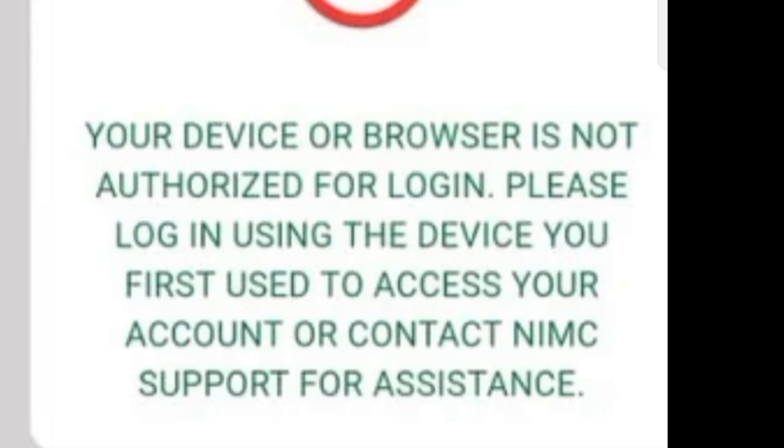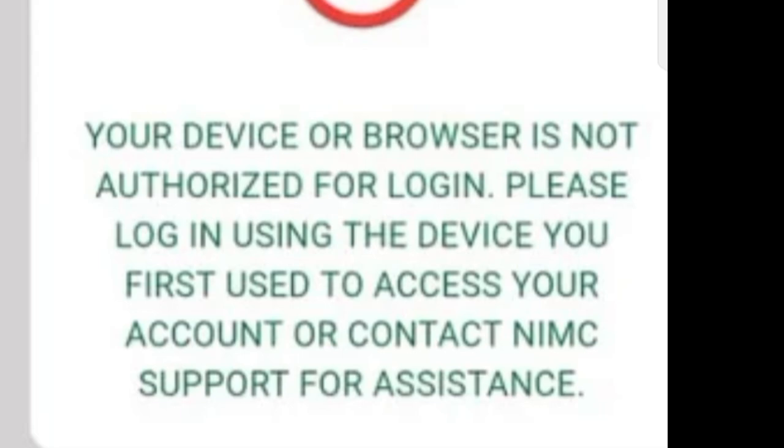The site is designed in such a way that once it captures your data, it also captures your IP address, your phone data, and all of that. It identifies the devices being used. So you cannot use this device today and tomorrow use another device, except you do a kind of